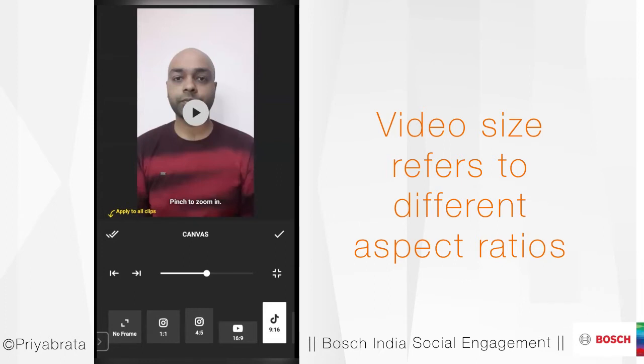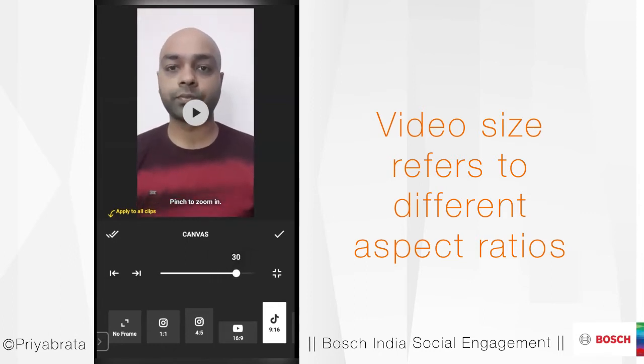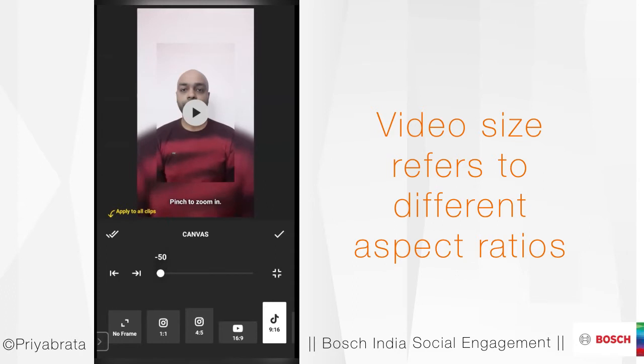Now I can decrease or increase the size of this video using the slider here. The more I slide it down, the canvas will remain the same, but the video size will go down.